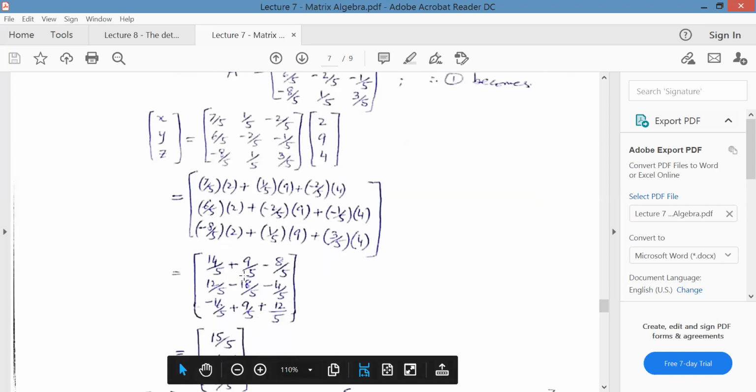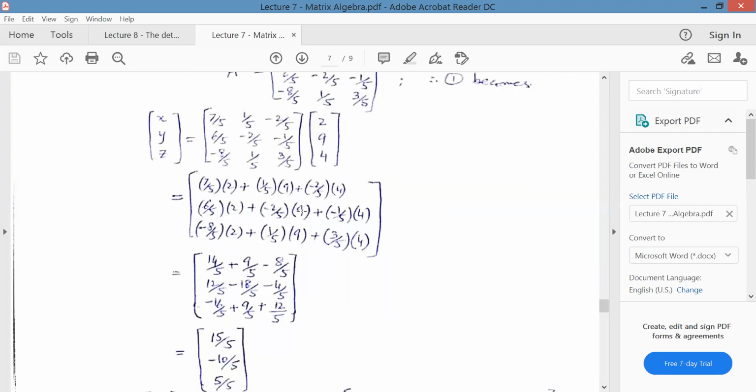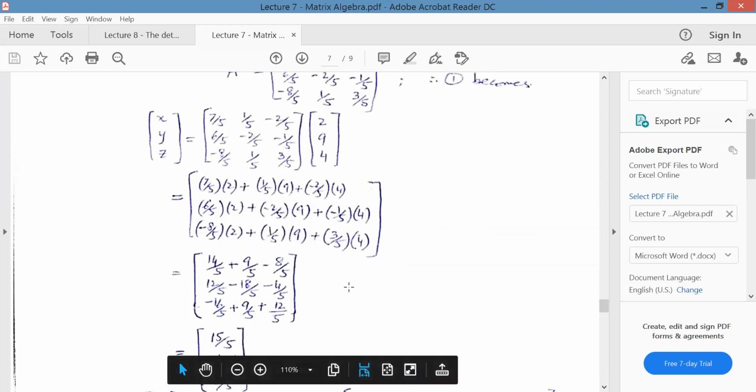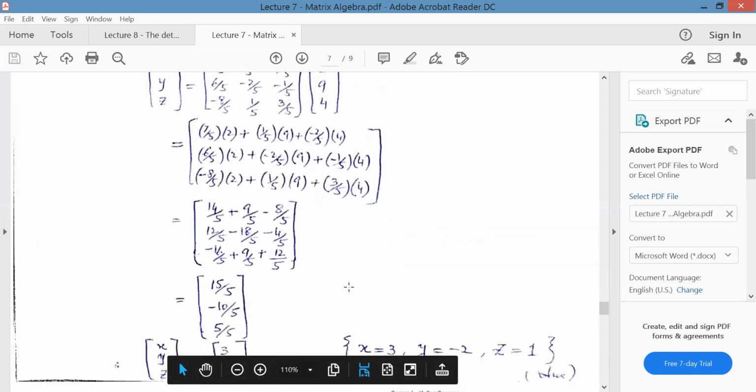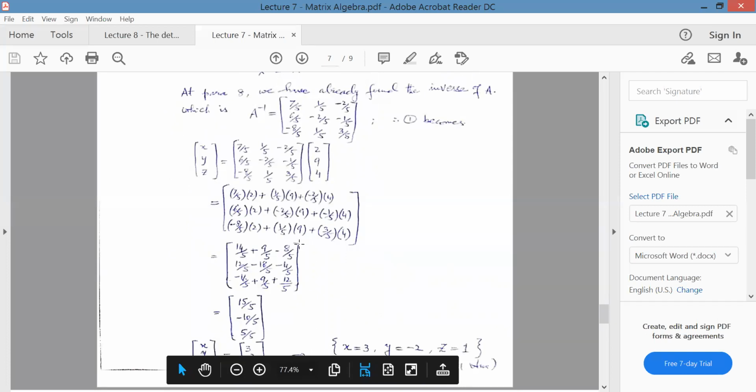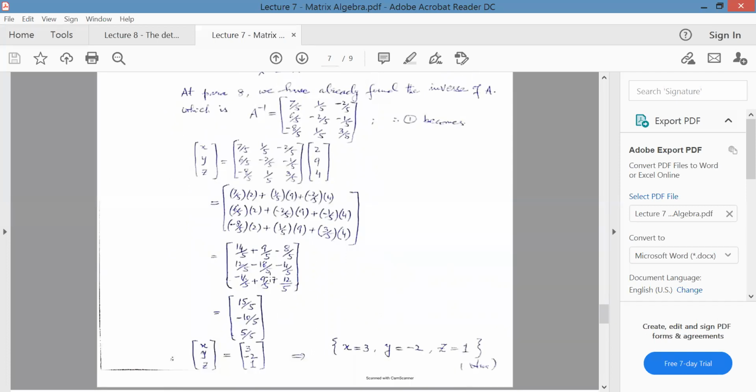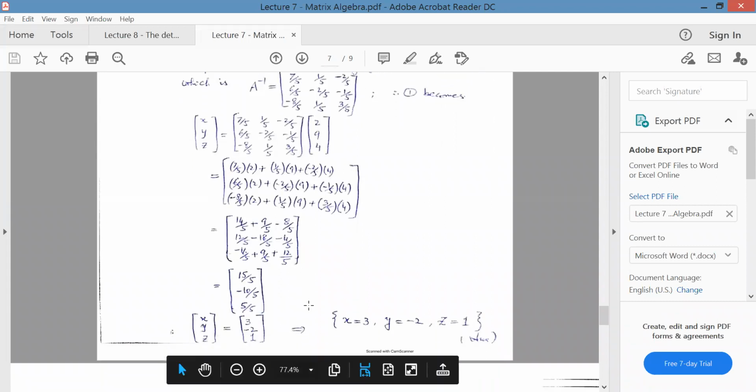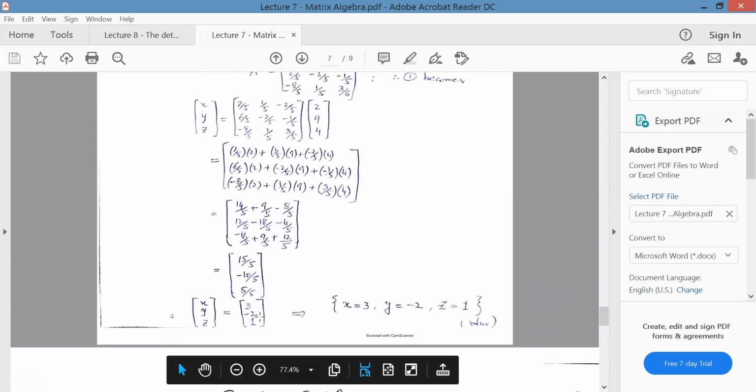Similarly you should multiply this to get 8/5, -18/5, -4/5, 16/5, minus 9/5 and 12/5. Then simplifying, what will we be getting, adding, you'll be getting 15/5, minus 10/5 and 5/5. Further simplifying, the answer is coming 3, minus 2, 1. X की वैल्यू हो गई 3, Y की वैल्यू हो गई -2 और Z की वैल्यू हो गई 1।